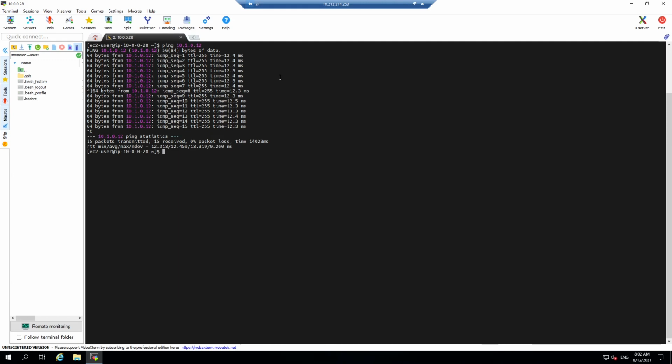So this is one method. The other method is telnet. For this we need to create a NAT gateway and attach it to the instance. This should be enough to see whether we are able to reach the other instance or not. The other method requires a NAT gateway, so for that we need to create one. Let's see the other method as well.